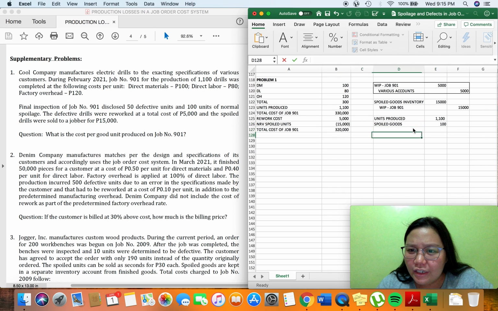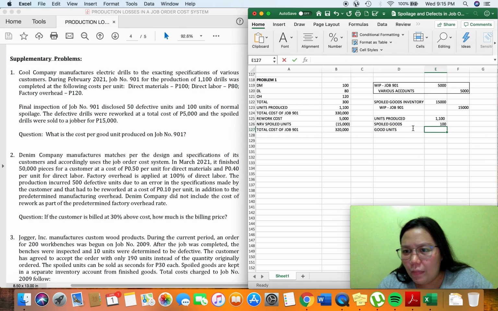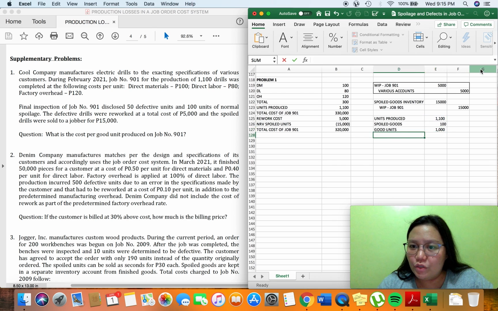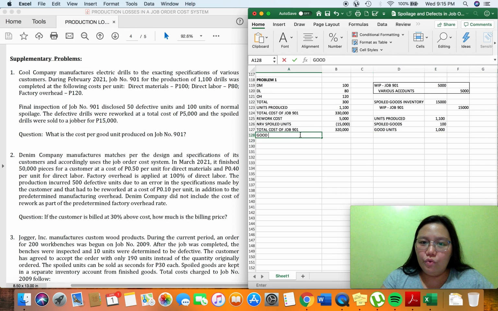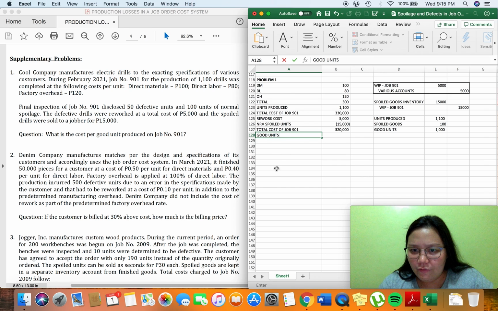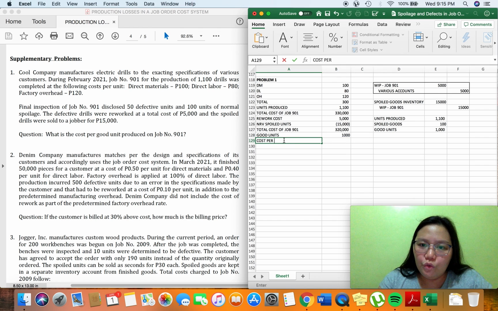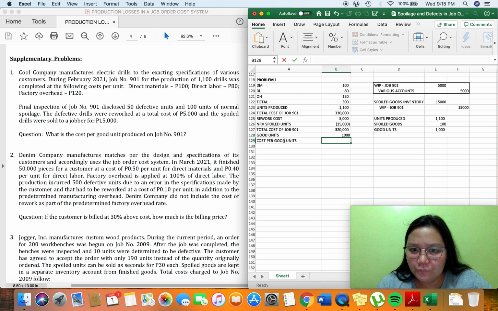And therefore, yung total good units natin is the difference between the two, which is equal to 1,000. Good units is equal to 1,000, and therefore, cost per good unit delivered to the customer,